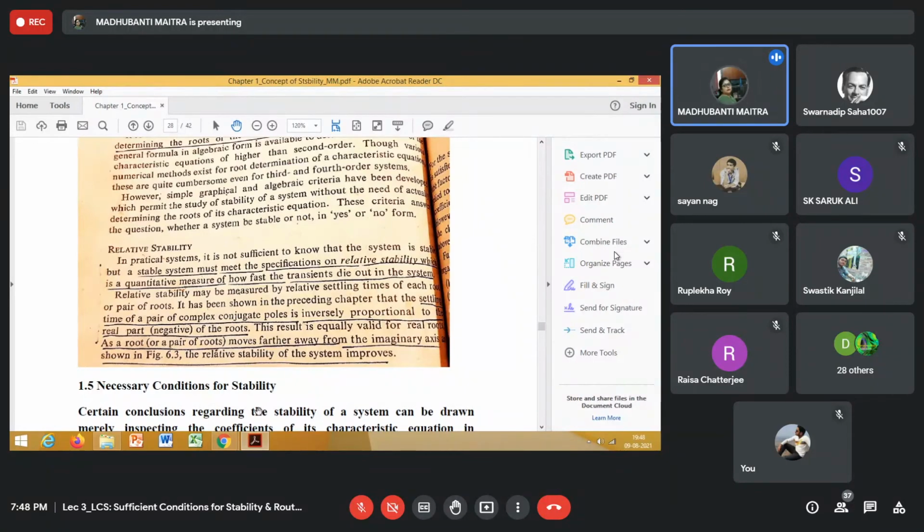Rise time, how do we mark the rise time? The rise time appears in the transient response of the system, isn't it? Yes, ma'am. Rise time, peak overshoot, all this describes the transient behavior of the system, not the steady state behavior. Whereas the settling time describes the steady state part of the system. Rise time is also indicative of the speed of response, how fast the response is. Okay, settling time.